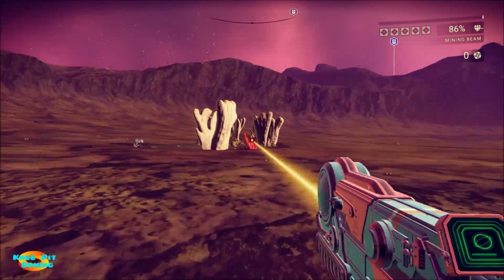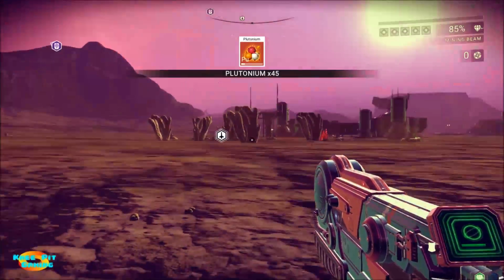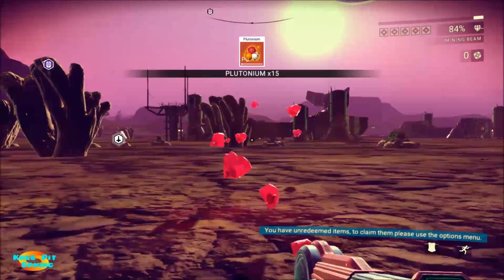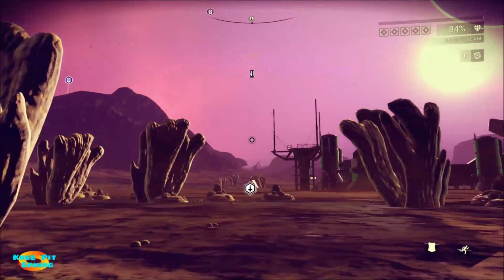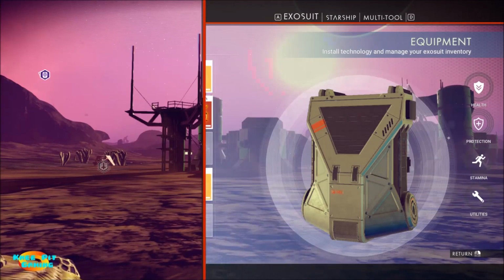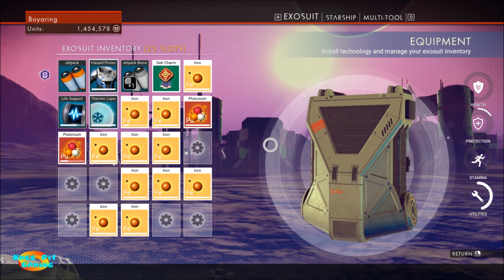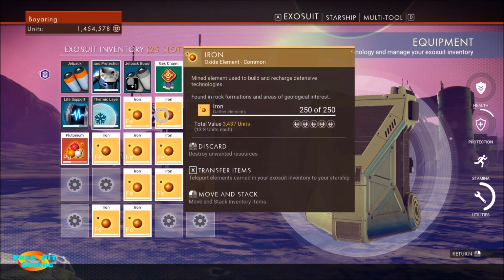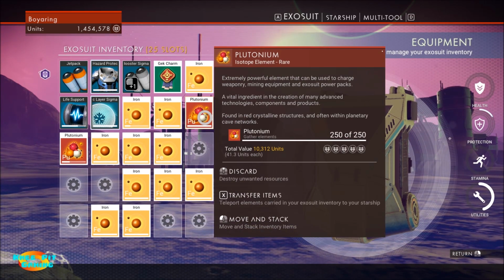So as soon as I saw this, I knew that it was a gold mine. Now it doesn't look like it because there's no gold around here. It doesn't seem to be anything in particular that we would want to mine. But I can assure you that what we've just found will go a long way. And the reason is we can use the iron and plutonium